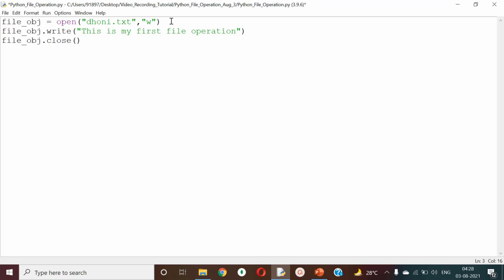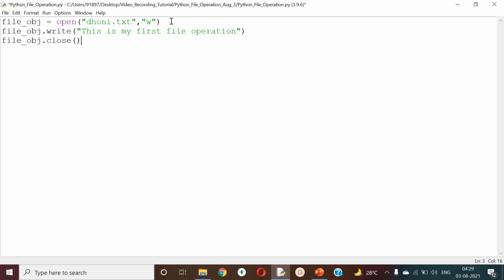to keep in mind. First, you might be wondering, sir, you're trying to write onto a specific file called dhoni.txt. It doesn't mean that dhoni.txt is already available in my system. If yes, what will be the folder that I can have this file? First of all, when you don't specify any path, look at this. I just straight away mentioned dhoni.txt. Correct. So when you don't specify any path, it will go and store in the current directory. Current directory in the sense the directory where you're running your current Python file. That is your current directory.